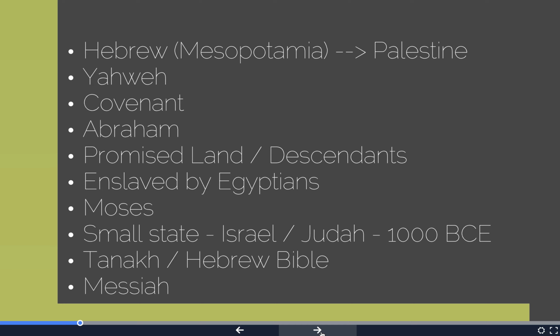Their scriptures are written down, and it's called the Tanakh, or the Hebrew Bible. Tanakh is kind of like an acronym in some ways. It stands for the Torah, which are the first 5 books of the Hebrew Bible: Genesis, Exodus, Leviticus, Numbers, and Deuteronomy, or the writings of Moses, or the books of Moses. And then it's going to have a section about the prophets' writings, and then it's going to have other writings. And so we see that the Tanakh, or the Hebrew Bible,